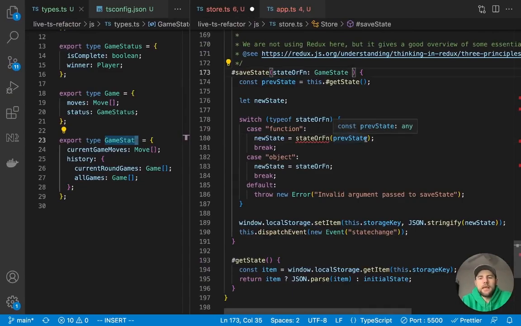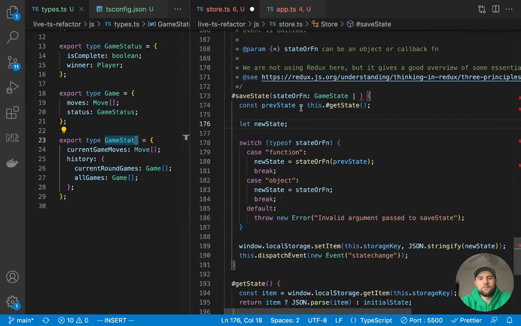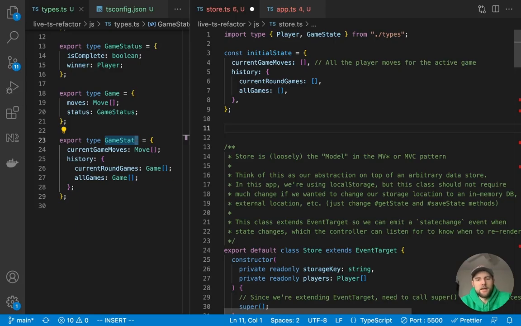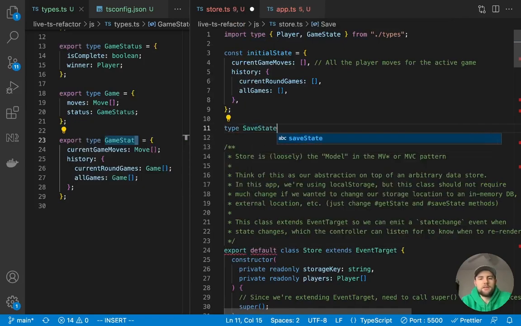So you can read more about that, but let me just show you what this looks like. It's going to be game state or, and then this is where we define our function that we're looking for. So the function is going to be a separate type, and I'm going to add it to the top of the file. Since we're in TypeScript, we can just add types within our files. So we'll say save state CB for callback. And to define a function, there's a couple ways you can do it, but one quick way is to just give it an arrow function and tell it what it needs to return.